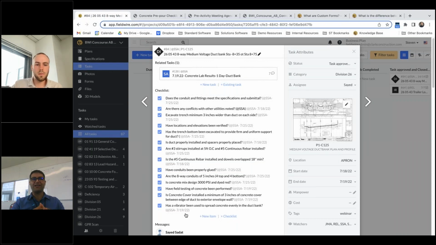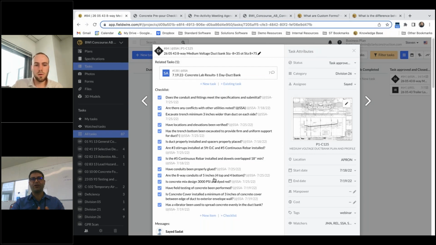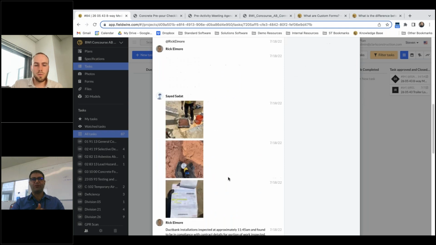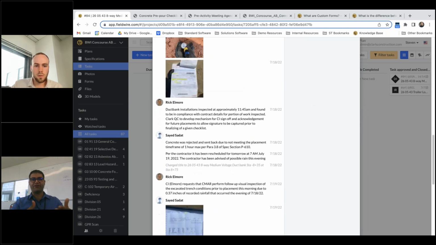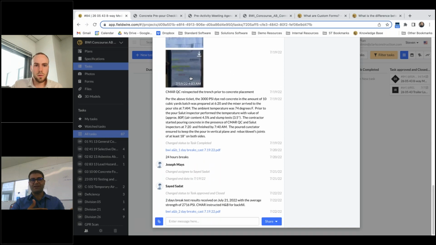The contractor has addressed them, and we have given them a go-ahead to start pouring concrete, and we're good with that. Oh, perfect. On the other hand, we've also taken some pictures, and we've shared information with the owner's representative and quality inspection team, and that's how we have all these tasks and all the reports that we needed to get. At the end of the day, we've got them and we've closed the task.